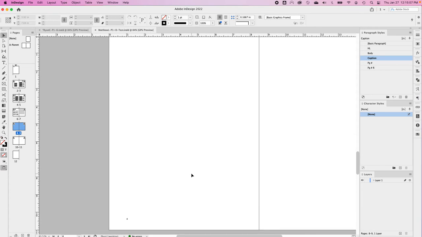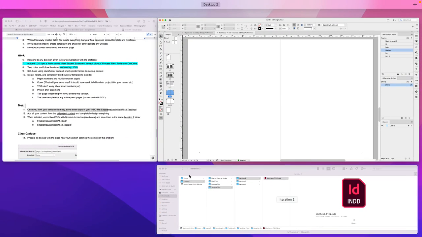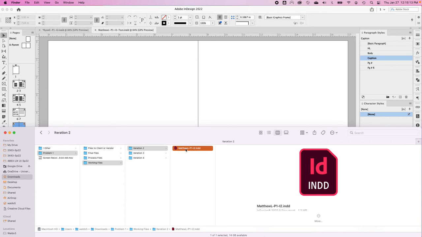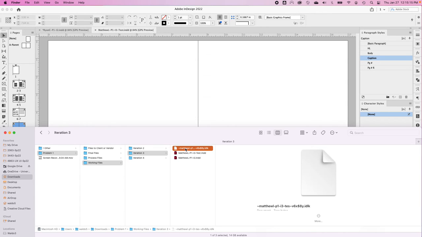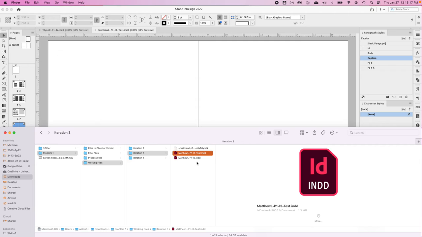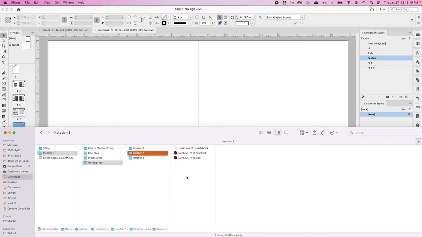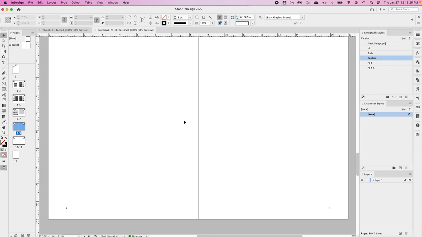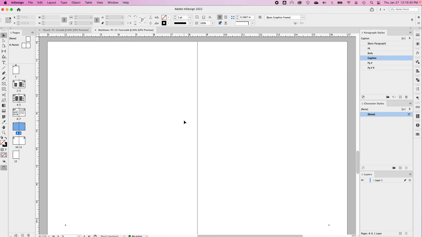So what I'm looking for in your folder is this will be packaged. It won't just be your InDesign file. These two will be packaged, not just your InDesign file. And you'll also have a PDF in there, okay? And when you go to packaging, there's going to be an option to click Export PDF. You're going to want to export that and export it with spreads turned on, okay? So if everybody can please do that